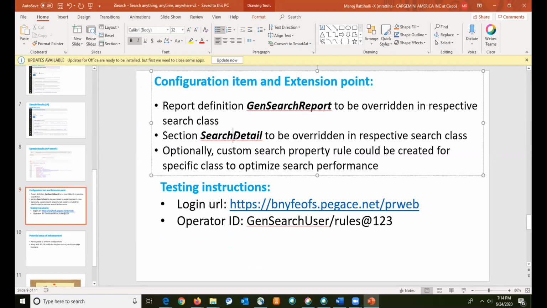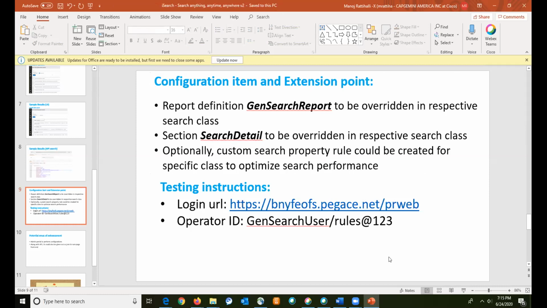Then there has to be a section called search detail, which will display the search result, the content of a particular result, which will stay in every class where the search would happen. And optionally, we can have custom search properties, property rules created as well for specific classes wherein we want to maximize the performance. Except for these 3 configurations, it's a plug and play component.